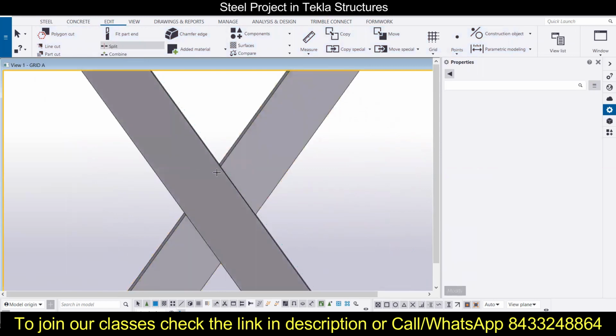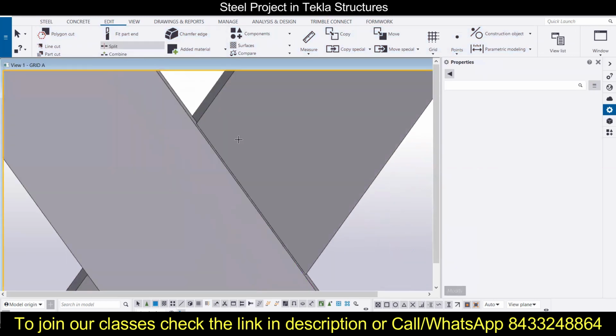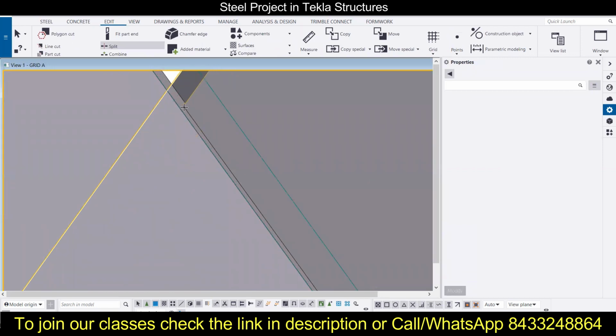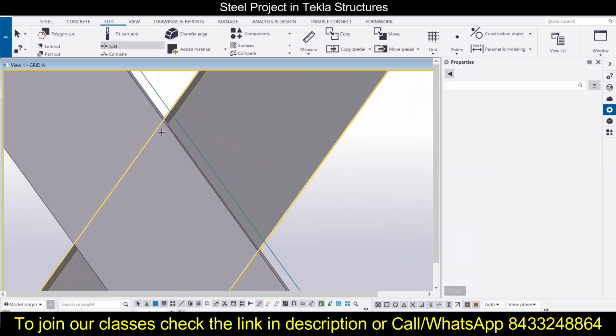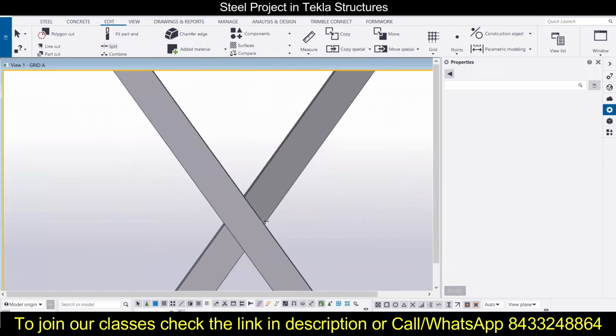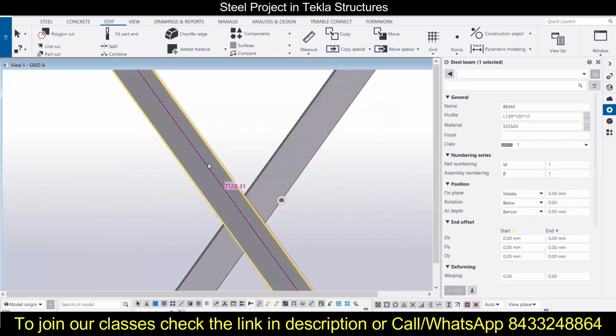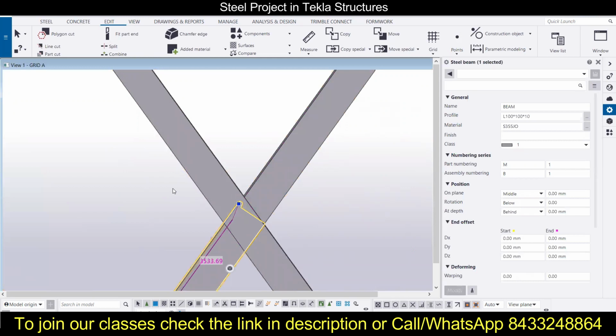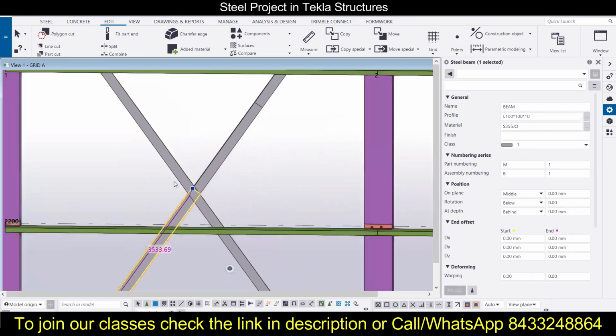Then we have to select the two materials, and check the material and the splitting point. If it is to be split from here, then it has to be split like this. Now you can see this is one material, this is another one, and this is another one. So it has been split now.